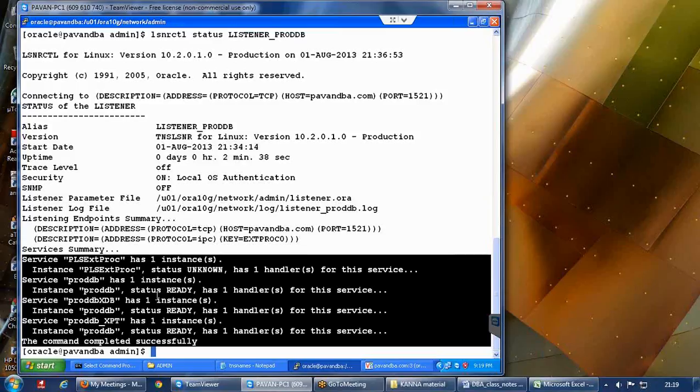Now what is the problem? When you have one listener for 10 databases, and suppose this listener is down, then no user can connect to any of the 10 databases. You know already that without a listener a user cannot establish a connection. So if you want users to connect to the database, it is a must that the listener is up and running.